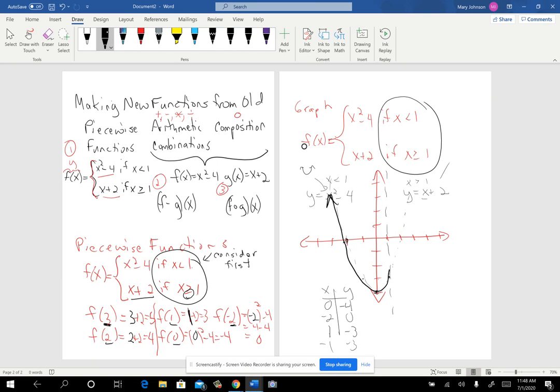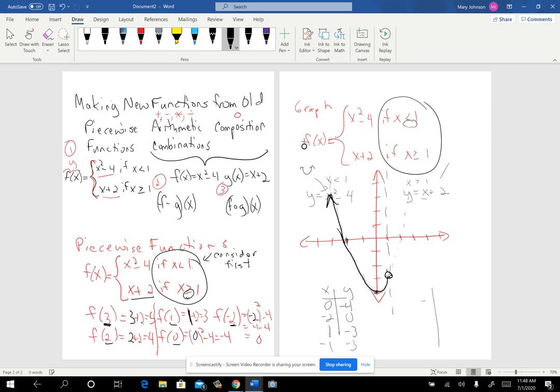I need to make an open circle happen when I'm right here. Okay, trying to get that connected properly. When I'm right here at 1, -3, I'm going to use an open circle to indicate that there is not an or equal to on that. So I'm not supposed to use that graph when I'm there. Okay. All right,